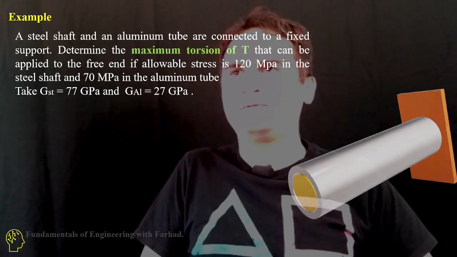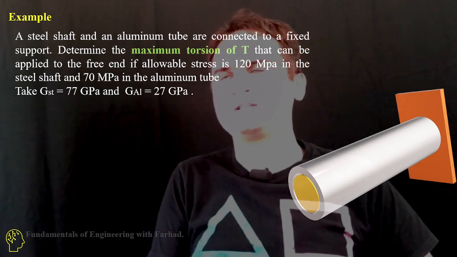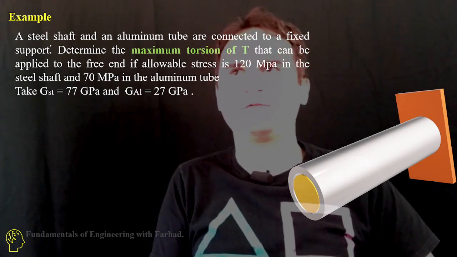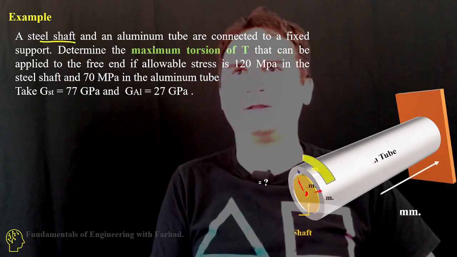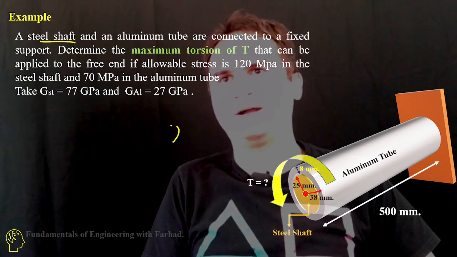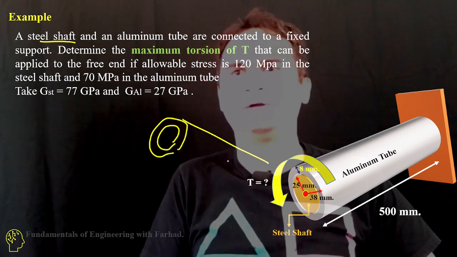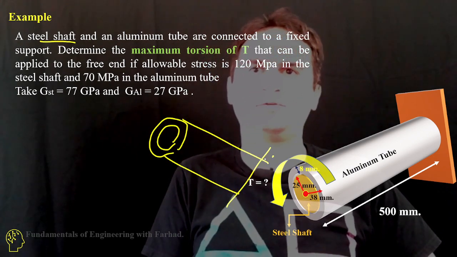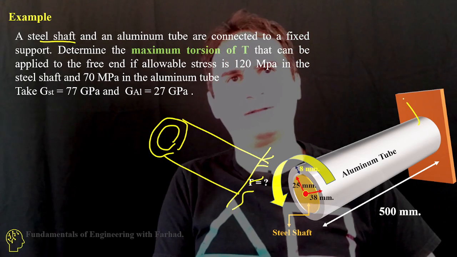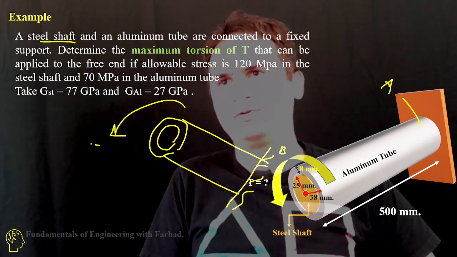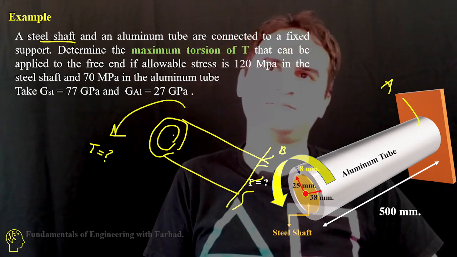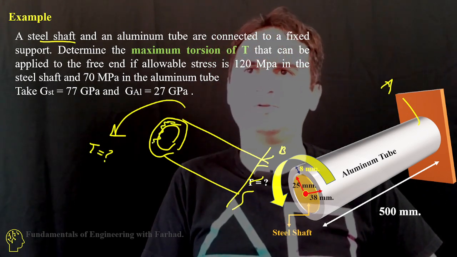In this example, we want to review an interesting problem in Chapter 5 Torsion, which includes a steel shaft and an aluminum tube. We have a hollowed aluminum tube, both connected to a fixed end, for example at A, and free at the other end, which has an applied torsional torque of T. This is our hollowed shaft,